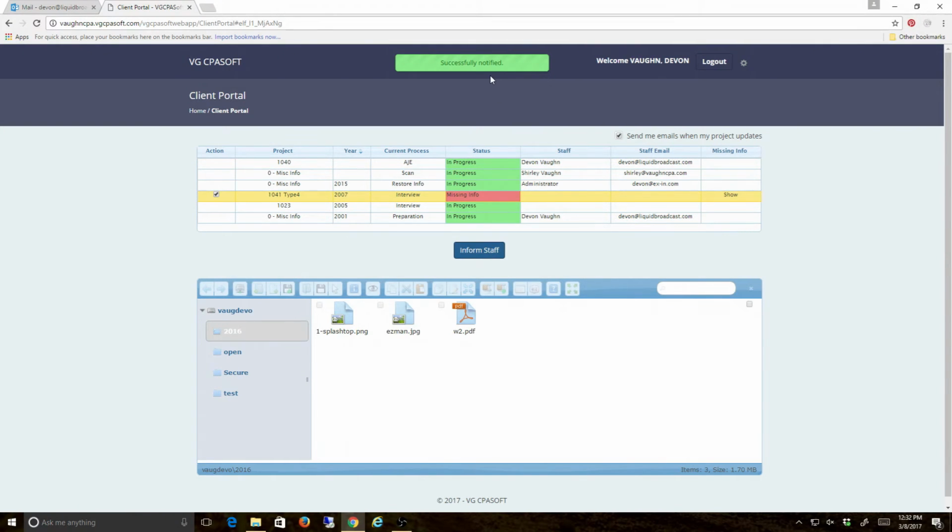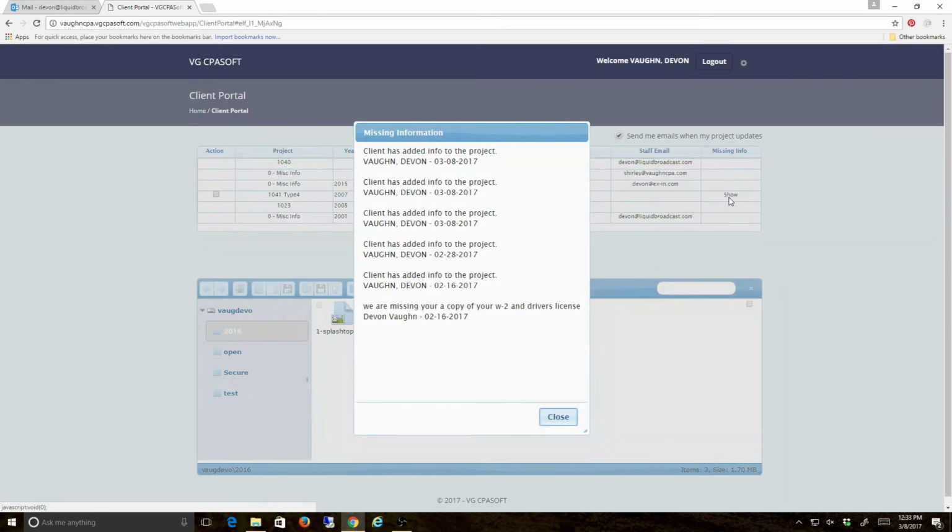Once I get the green successfully notified option, I know that the staff has now been informed that the missing information has been placed into the client's file, and if I refresh the page and I go back to the show tab, I will see the notification that I just sent. This notification is going to show up on the preparer's email, and they will get notified that you have added the information to the